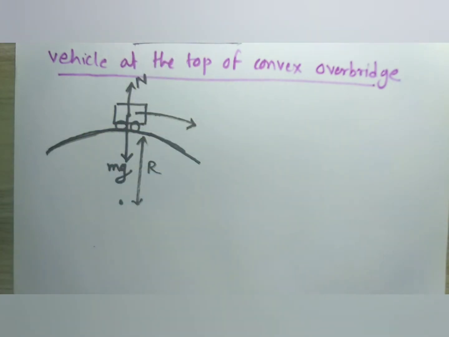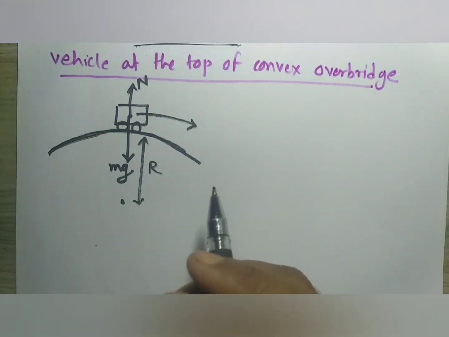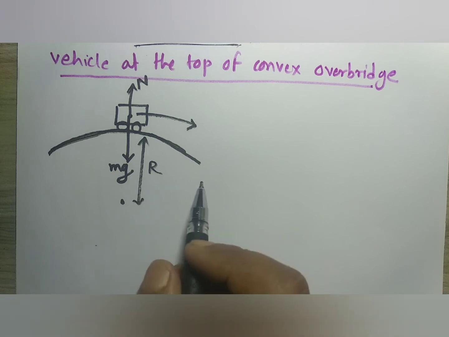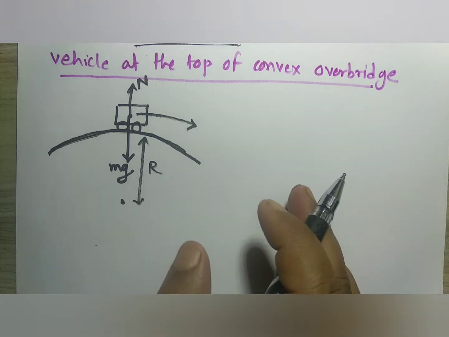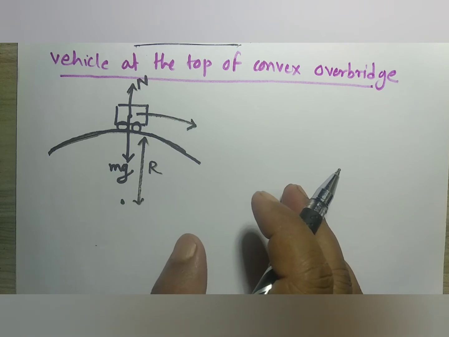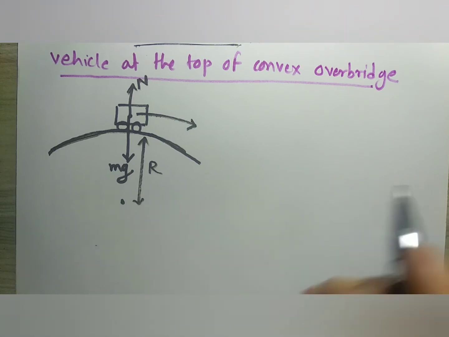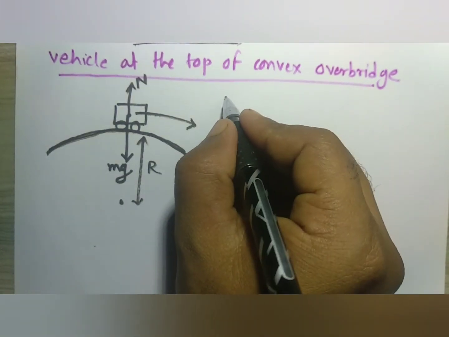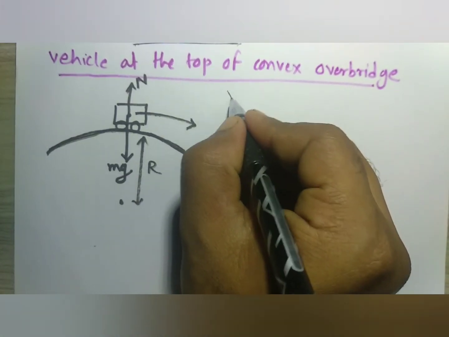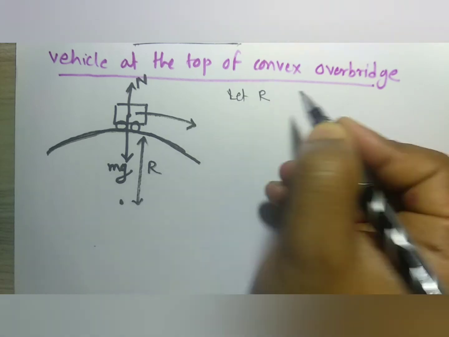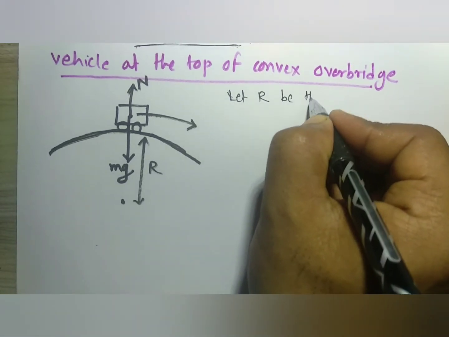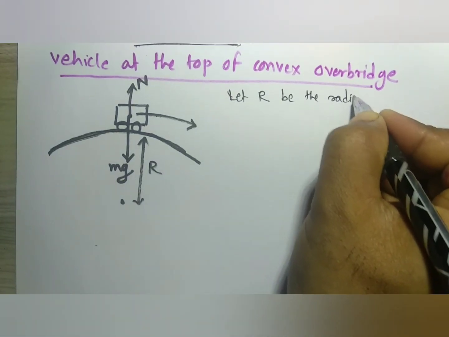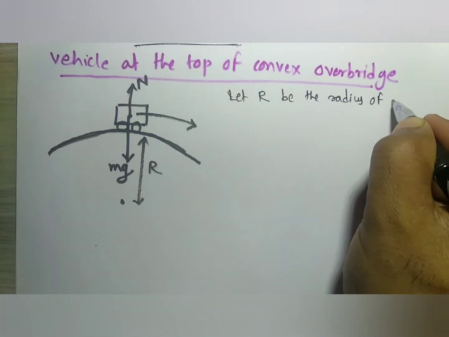Therefore when the vehicle reaches the top of the overbridge, the forces acting on the vehicle are two, which are nothing but the weight mg and the normal reaction force, that is N. Let R be the radius of the overbridge,